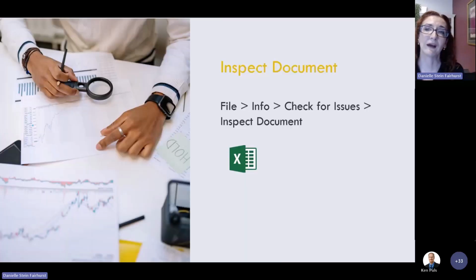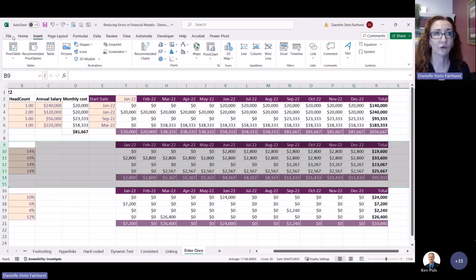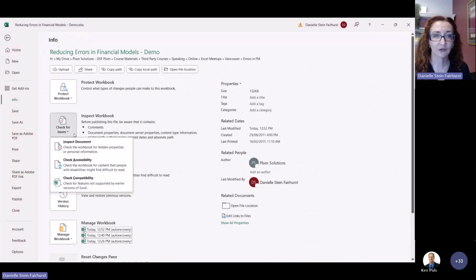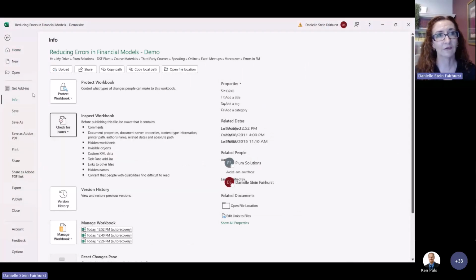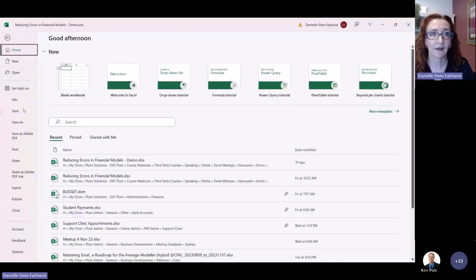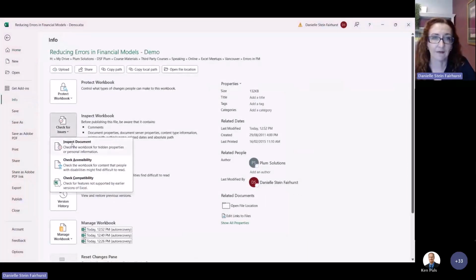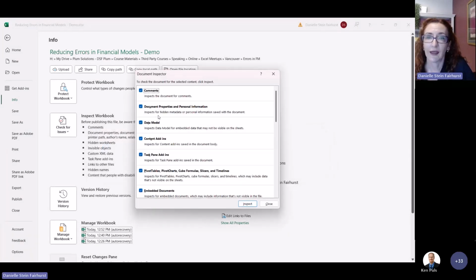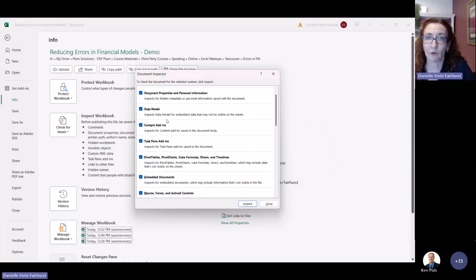And one of the things that you might find useful, and in fact I think is quite underused, is Inspect Document. I don't know if you guys have ever used that, but if you go into File, then Info, Check for Issues, and then Inspect Document, you need to save the model first, and then it will go through and look for all of these things.